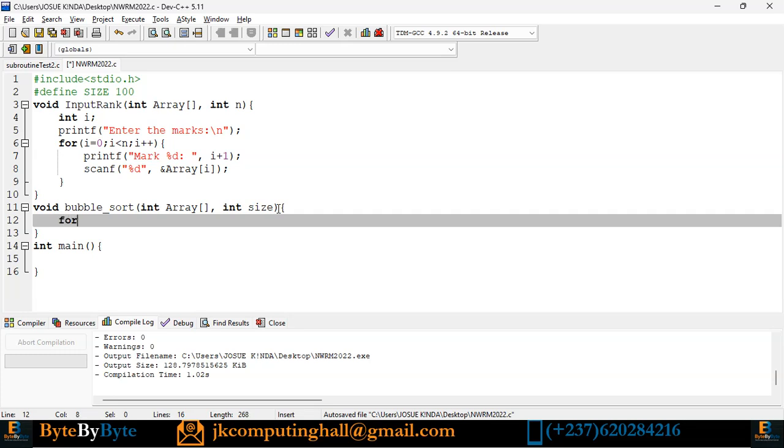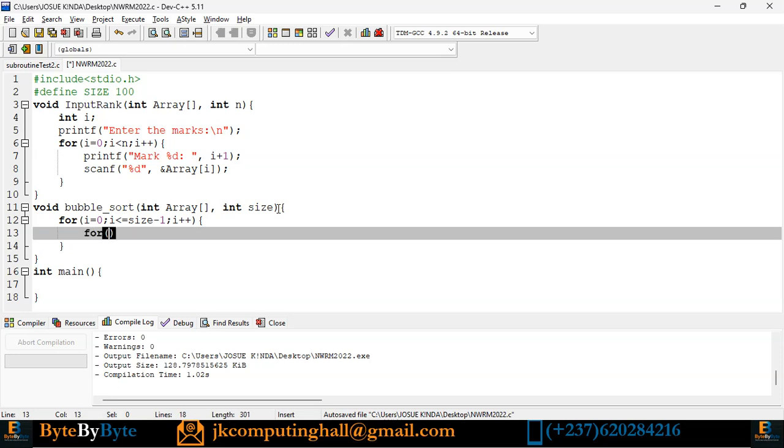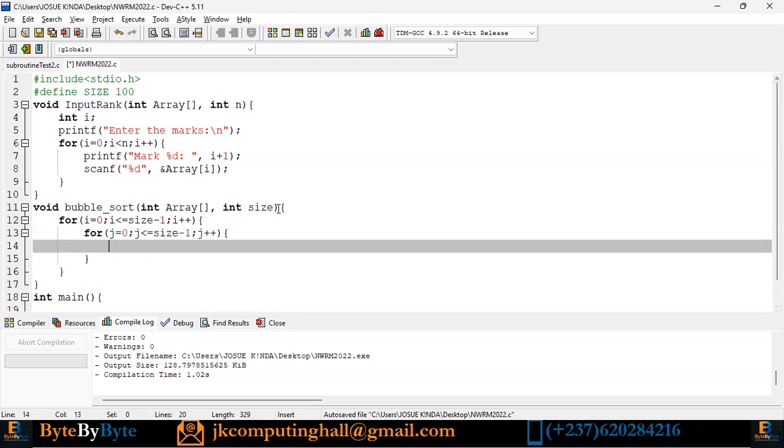So I have for I equals to 0, it's set to size minus 1. So I less than or equals to size minus 1, I increment. Then inside we have for j equals to 0, j less than or equals to size minus 1, j increment. What do we have? If array at position j is greater